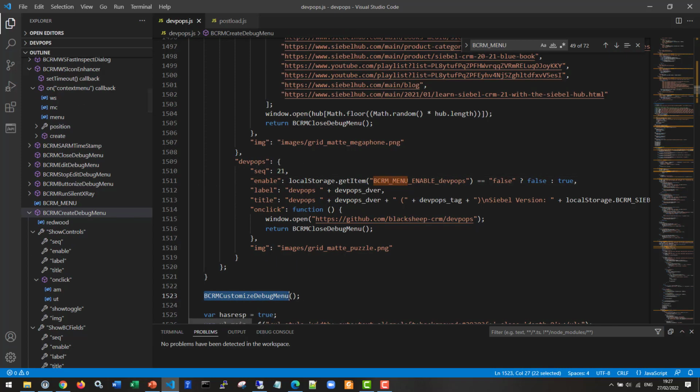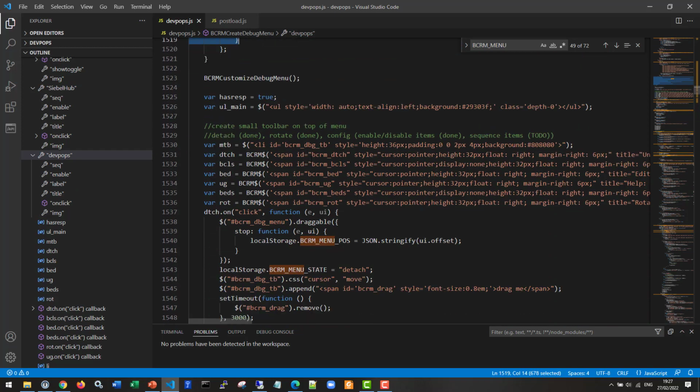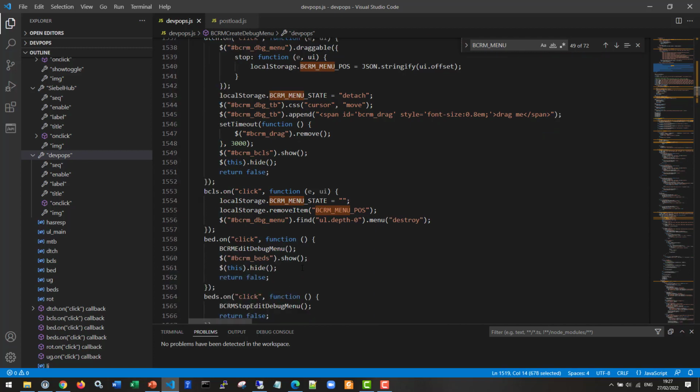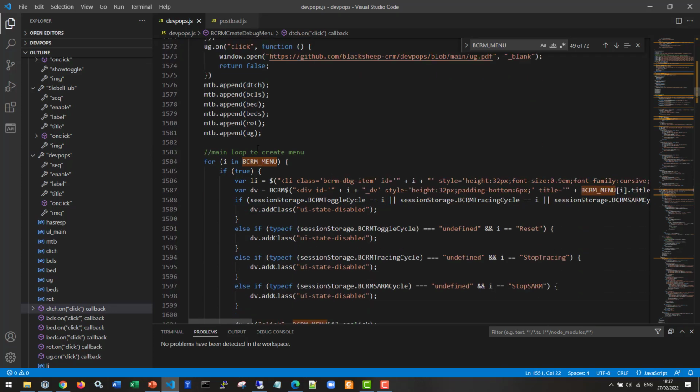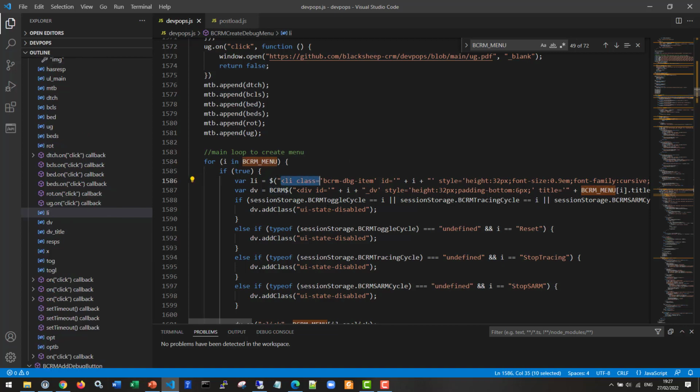At the end, after that menu definition, it calls a customized debug menu function where the customer using devpops could insert other menu items like this into the big variable. Let's see. There are all the buttons on the top menu, but here it is: for item in BCR menu. That's where we take this big variable with all these 20 plus items, and for each item we create an li, and we create a div, and we have a title,